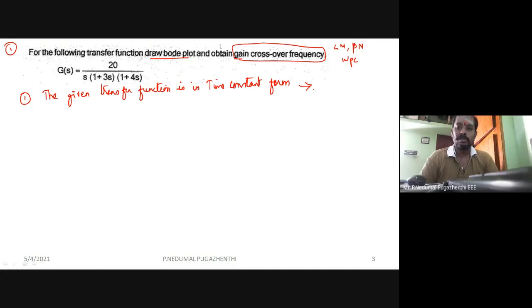Answer at once. That is what I am asking you, to unmute yourself and answer. Then the time utilized for discussion will be minimum, and we can extend the problem at a little faster pace. Either of these questions, I need an answer: whether the given transfer function is in time constant form, yes or no, or tell me whether you have a problem in identifying it.